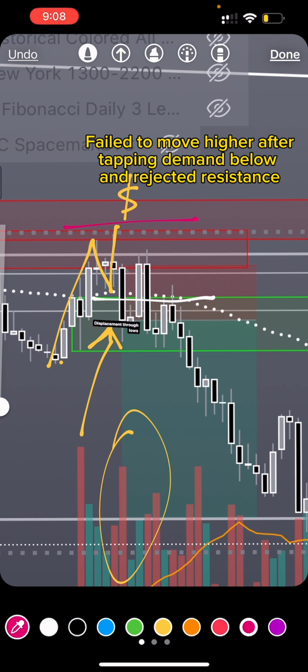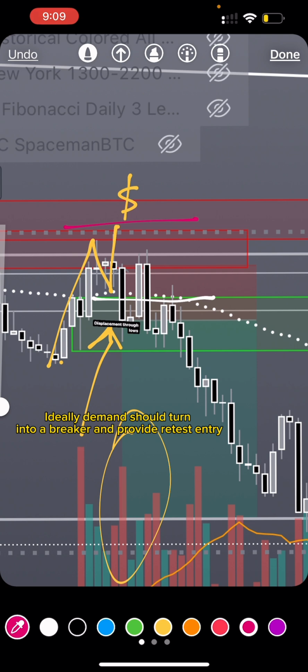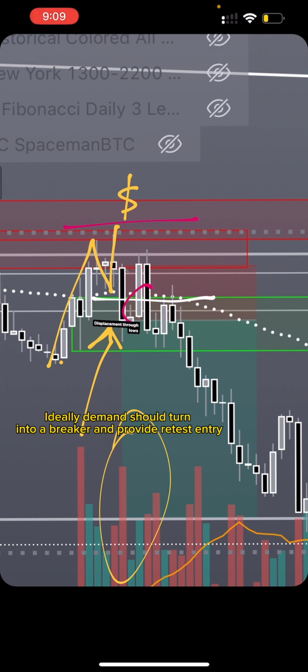Another thing I wanted to talk about was the possibility of pushing into this demand. So if it's demand below, where can we look for the rejection level to be? Wherever that displacement through the lows was at, is where it could be. So even if it's a demand below, wherever the breaker level is at, wherever the displacement through the level was at, is where we would look for the reaction to reject after it bounced off that demand. So even though it was a zone down here, even though it was support down here, once price comes into it, bounces back off, we'd be looking for that rejection in this area